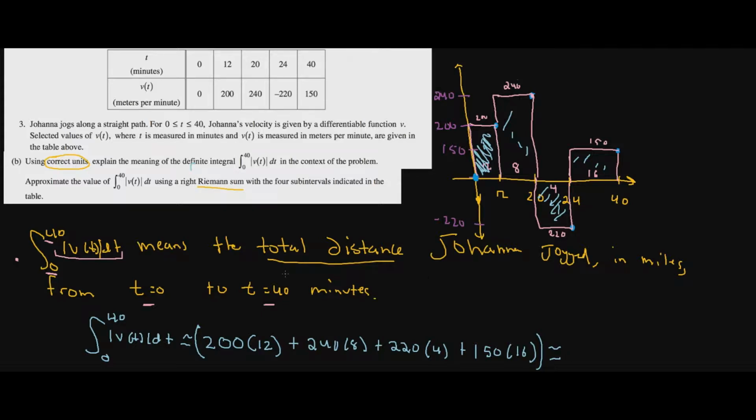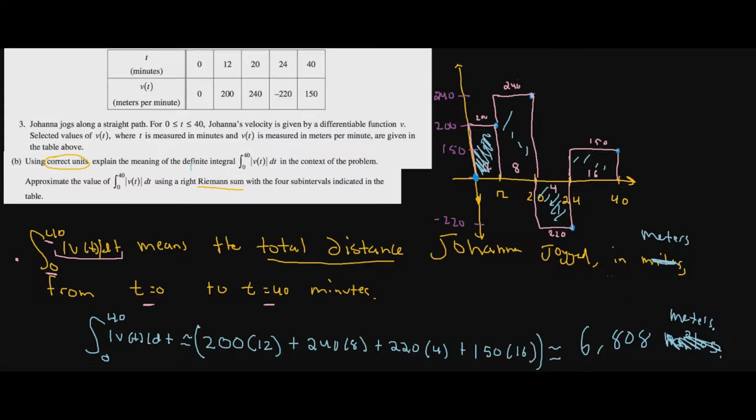So 200 times 12, 240 times 8, and 220 times 4 plus 150 times 16. And we get 6,808 miles. Meters. Why am I saying meters? This should be meters,